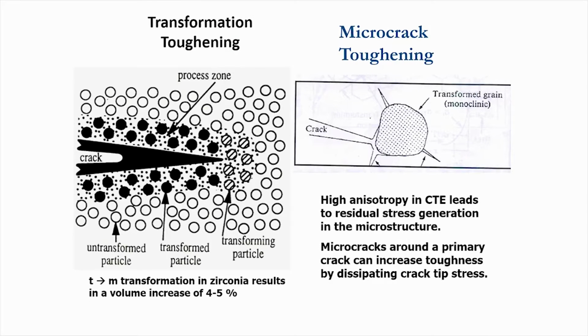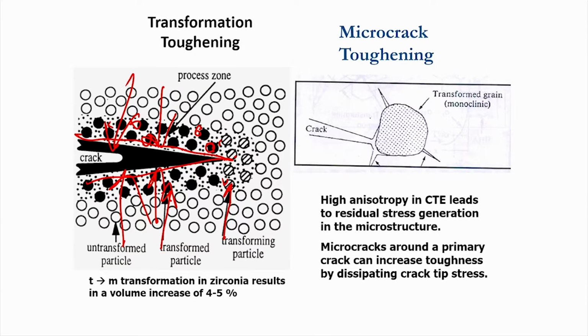So, this is the cartoon. The left one essentially indicates that when a crack propagates, you have tetragonal zirconia retained in the microstructure. Now, if tetragonal zirconia is transformed to monoclinic zirconia, and these are the transformed monoclinic zirconia particles, that leads to compressive stresses on the crack tip, and therefore it leads to crack tip closure, leading to higher crack growth resistance. So, the end point is